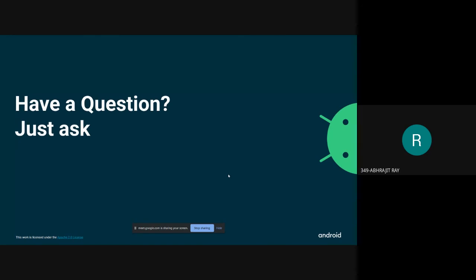Bhaiya, I'll check. Yeah. I have one doubt regarding the image: it is not coming fully at the center. Instead, it's not covering the full part. Yeah, you have to select an attribute called scale type. Yes, I have done that. I have set the center, but still it is not covering the full screen.